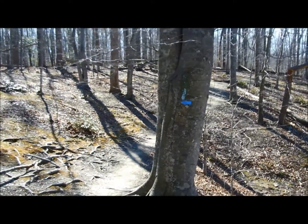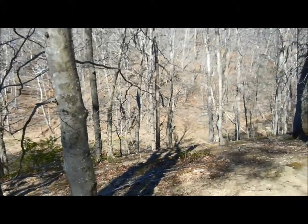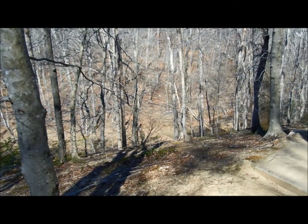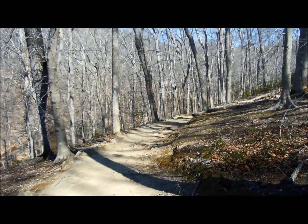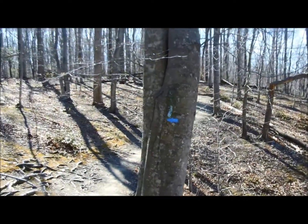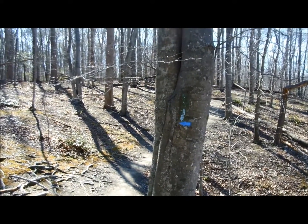2.4 miles into my hike. I just got finished crossing this second stream down there. I don't see the name of it on the map. Here's where I came from. You have to climb up a pretty steep hill. And when you get up near the top of the